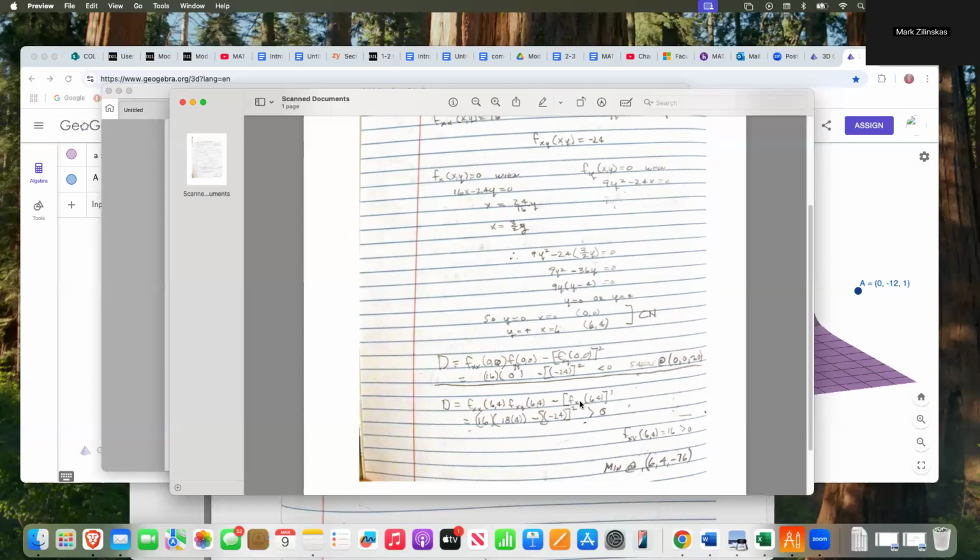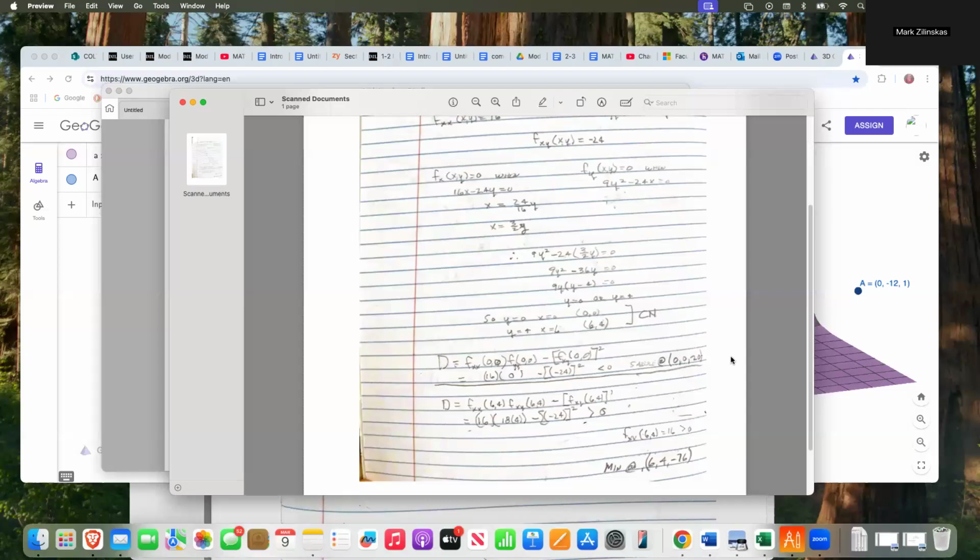And then I substitute in the mixed partial here, and I get a positive value. Okay, so when I simplify all this stuff out, multiply it out, and again, you got to be careful. That's why I want to use brackets and parentheses and so forth. So I got to square this thing, but I still subtract it. But this value over here is greater than that one. I get a positive value. And so therefore, since it's greater than zero, my second partial evaluated at 6, 4 is greater than zero, then